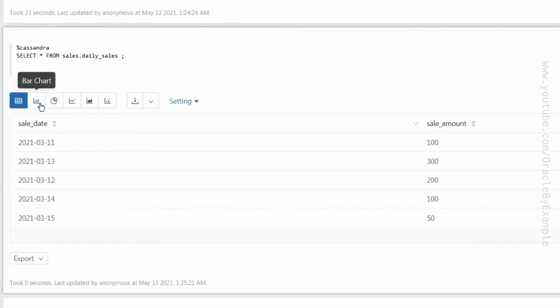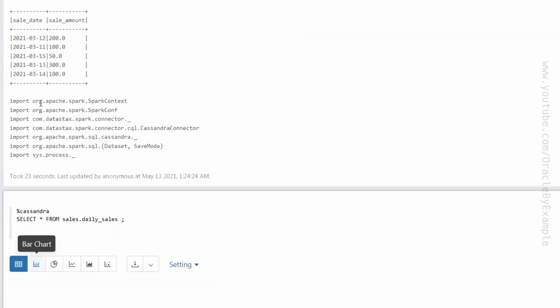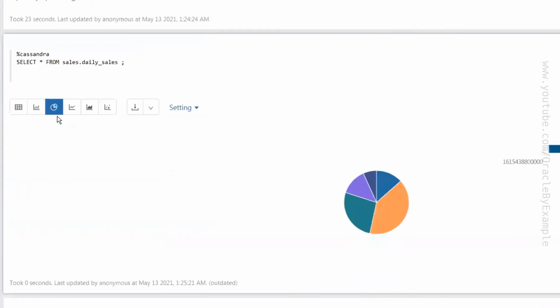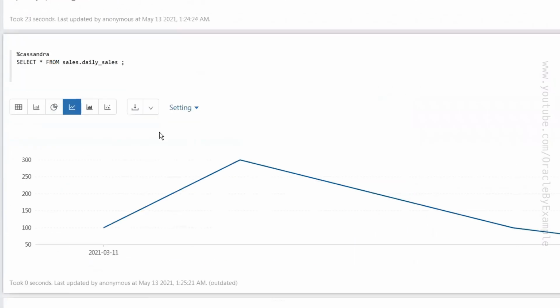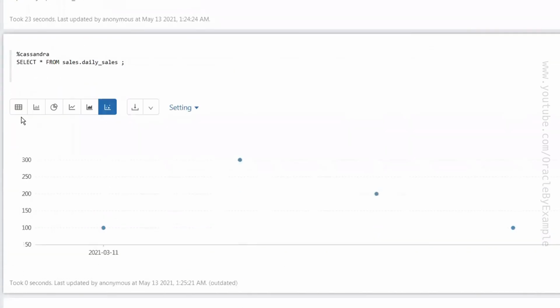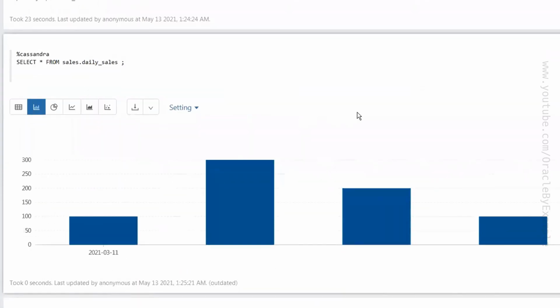Using these options, I can build a bar chart or a pie chart or a line chart. We have an option to build an area chart or a scatter chart. Apache Zeppelin, without any extra plugins, will be able to visualize our data.